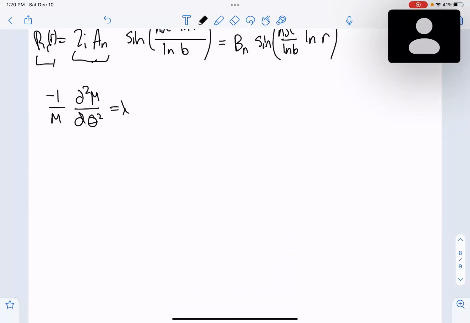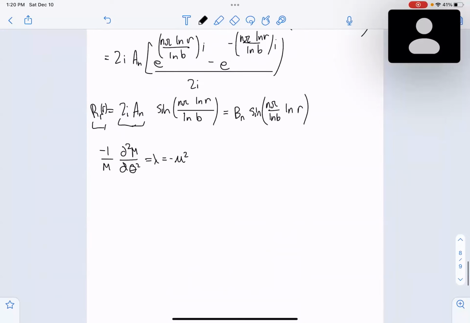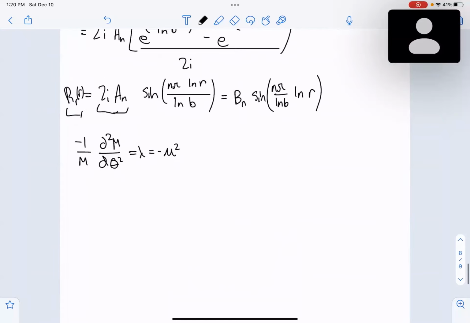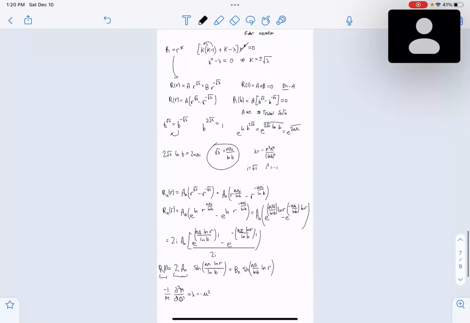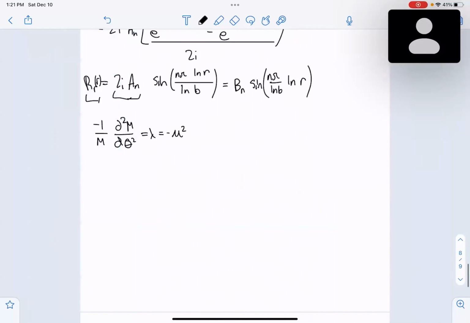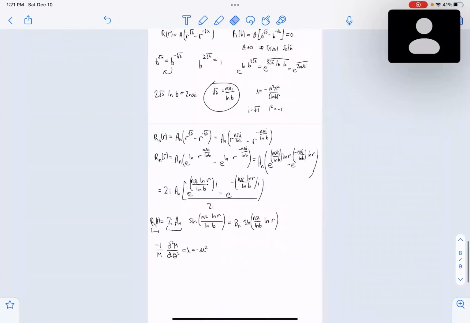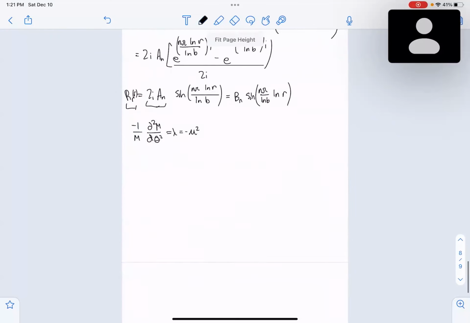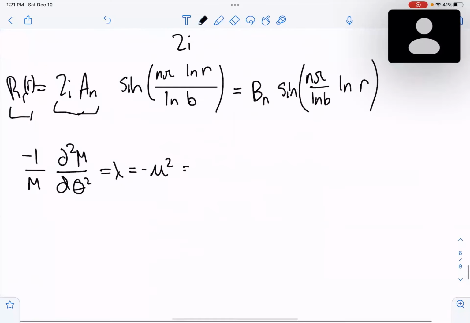That was really the tricky part and the kind of the newer part. But we're going to go ahead and just solve for the other side of the eigenvalue equation here. Straightforward enough. We had initially, I'll just show it for the sake of it, we had this is equal to lambda here. And now we have defined lambda as negative n pi squared over ln b squared. So we can just go ahead and write that here is equal to negative n squared pi squared over ln